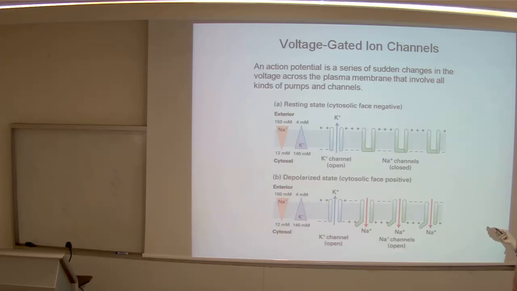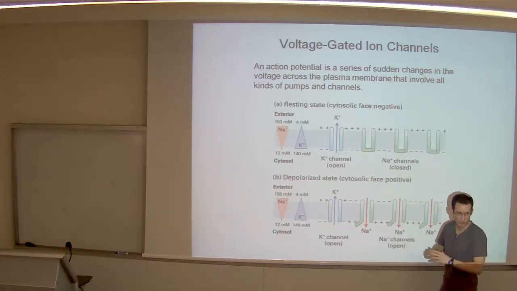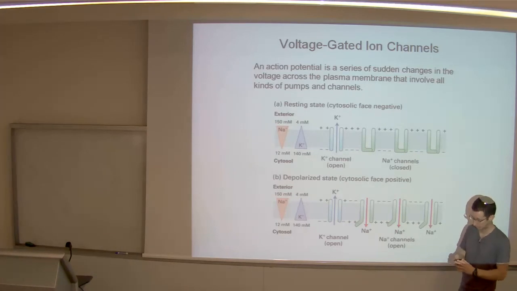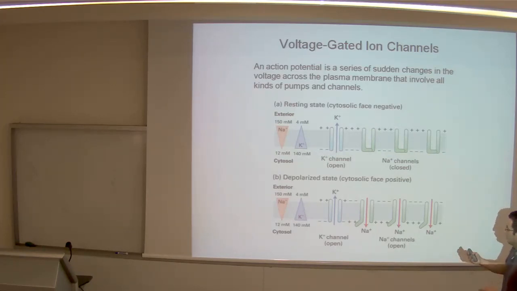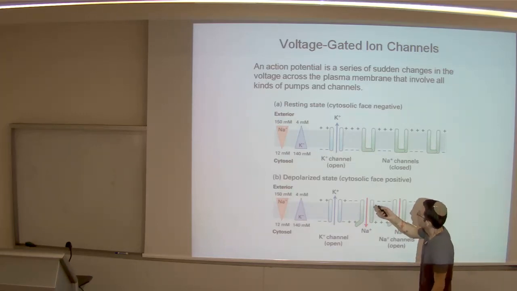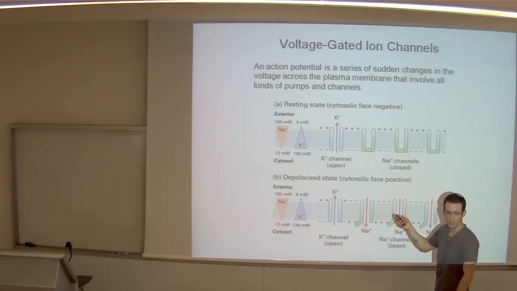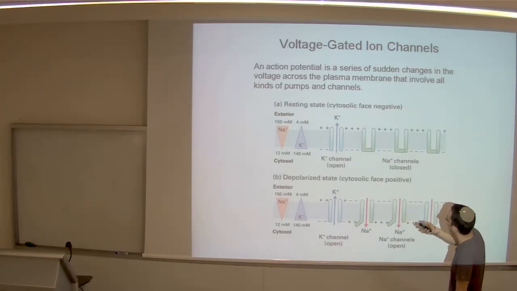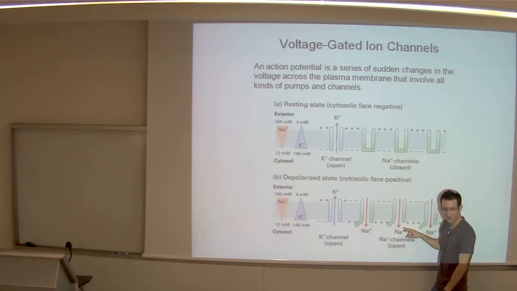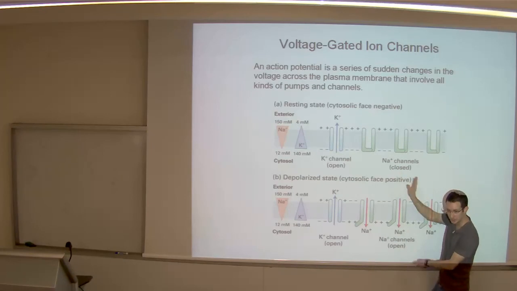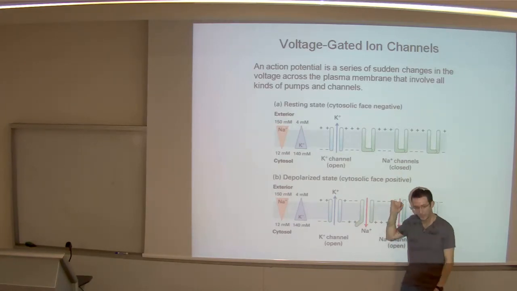So an action potential is a series of sudden changes, of sudden interruptions in the ion gradients that we already know how they are formed, and several different channels and pumps are engaged in these sudden changes. So let's first link to what we've already learned. These are the potassium non-gated channels, and in the basal state, as we said, the inside is negatively charged. And if we have some accumulation of positive charge inside the cell, maybe due to ligand binding,